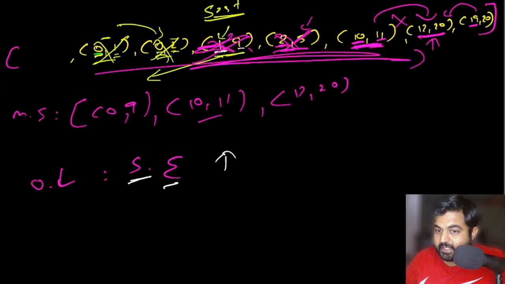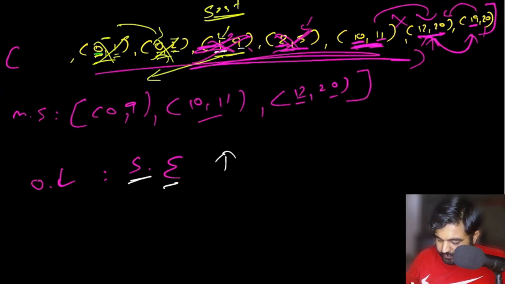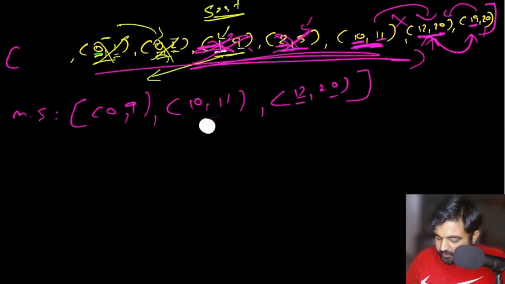Because there is an overlap, we will again have to repeat the same procedure. So the procedure we are going to repeat is between 12 and 19, we are going to pick the smaller value, which is 12. Awesome. Between 20 and 20, we are going to pick the greater value, which is 20. Awesome. So in the answer, we are simply going to have these three values that we are going to return.